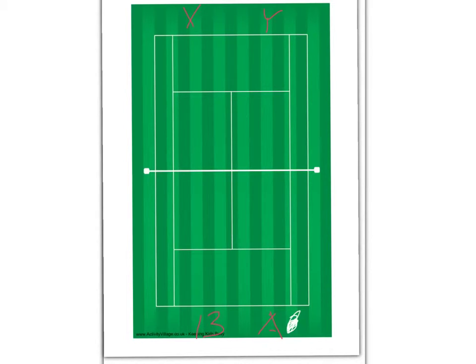While serving, for every point, A has two chances to make a proper serve. So if the ball gets to the net, hits it, and lands on A and B's side, it's a fault, and A gets a reserve. They have another chance to hit it in the proper square. Another fault would be if A misses the court completely and lands outside of the serving square or in Y